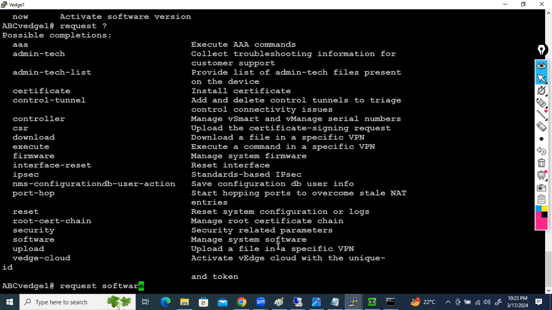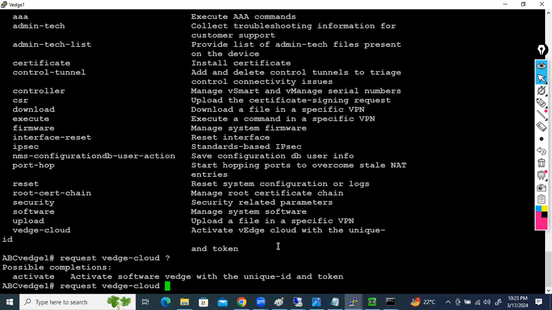Sorry, request VS Cloud. Then activate chassis number. This is my chassis number. Then after that,